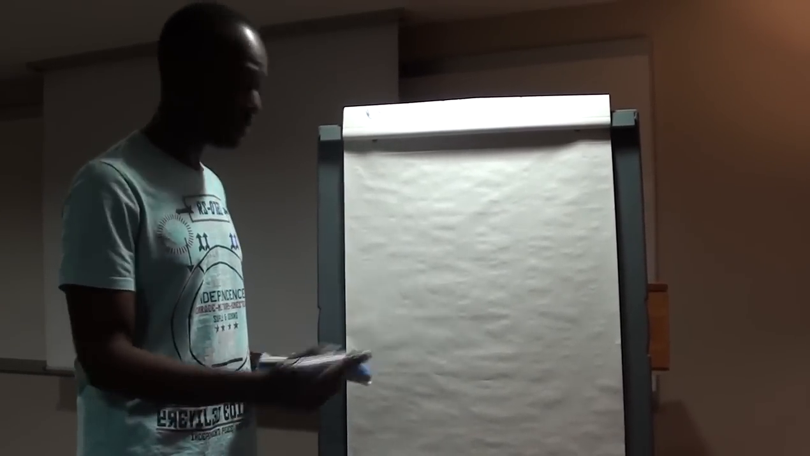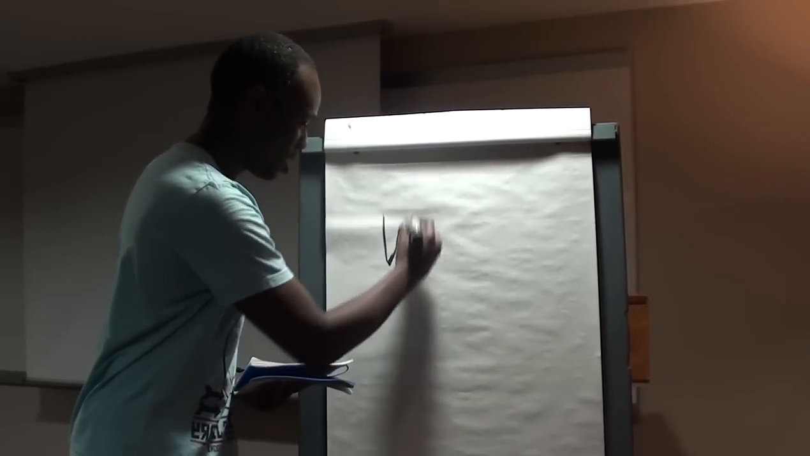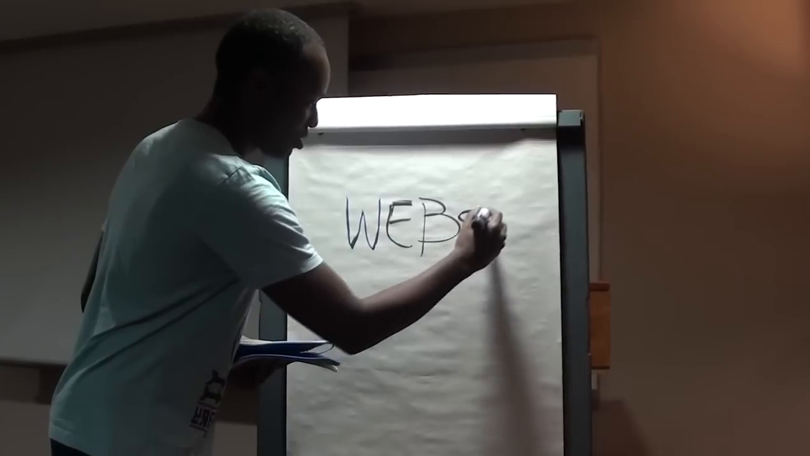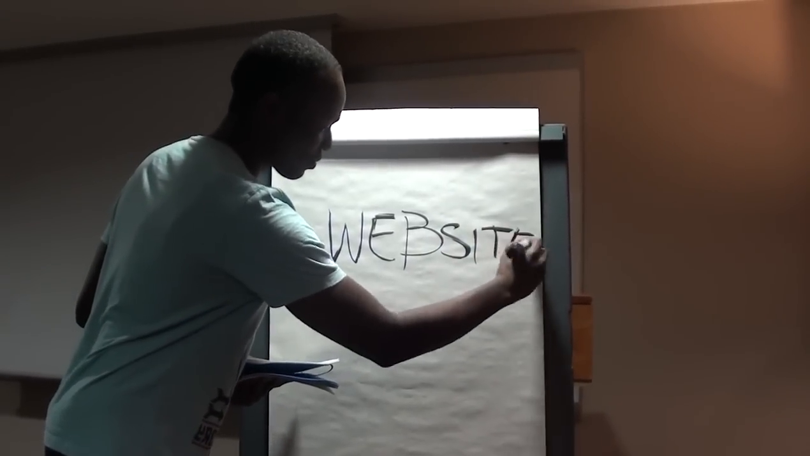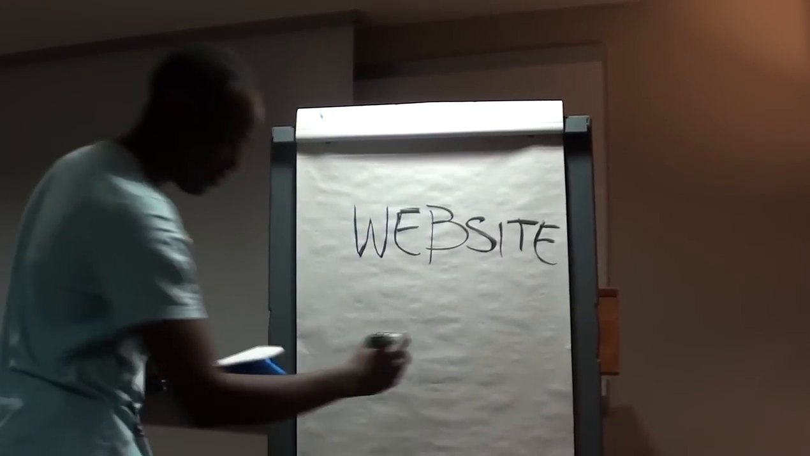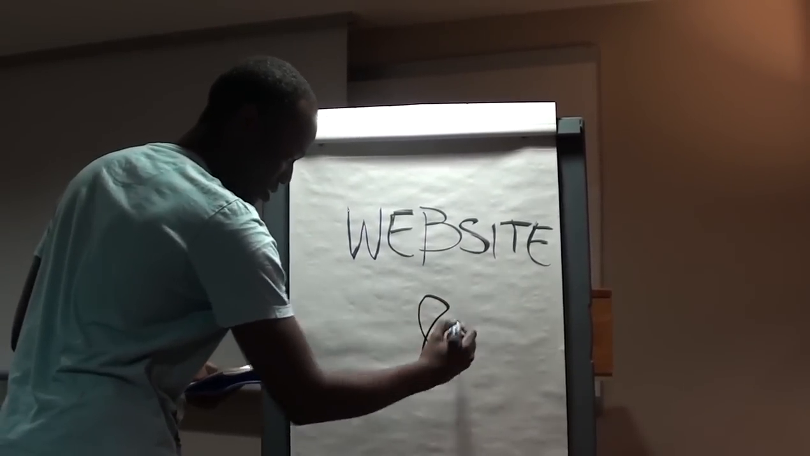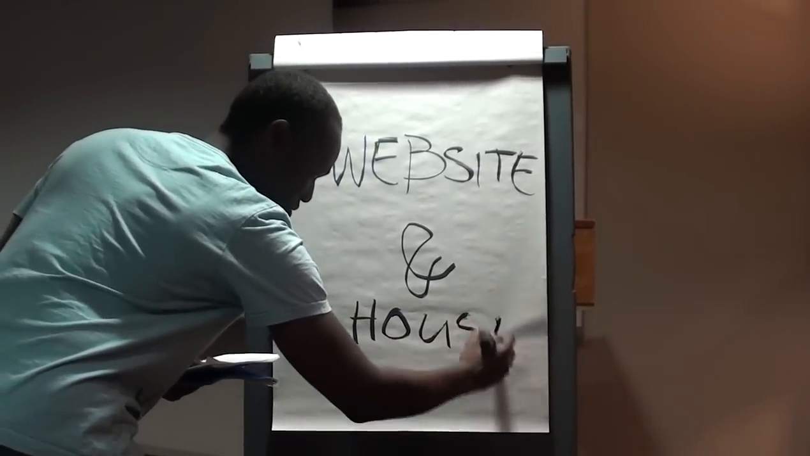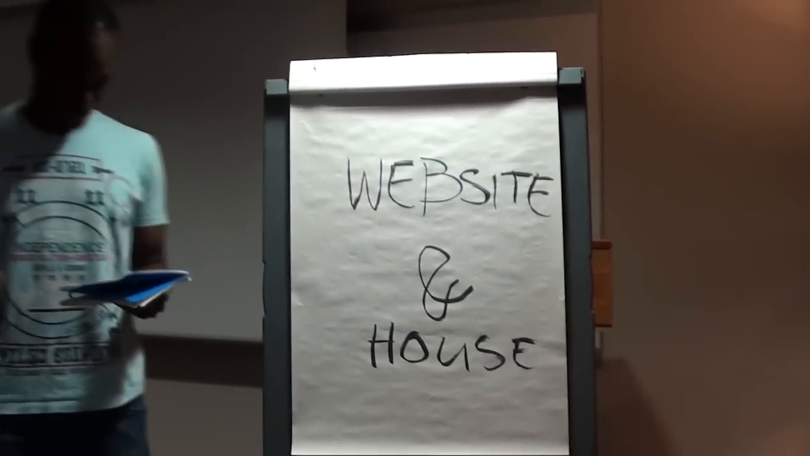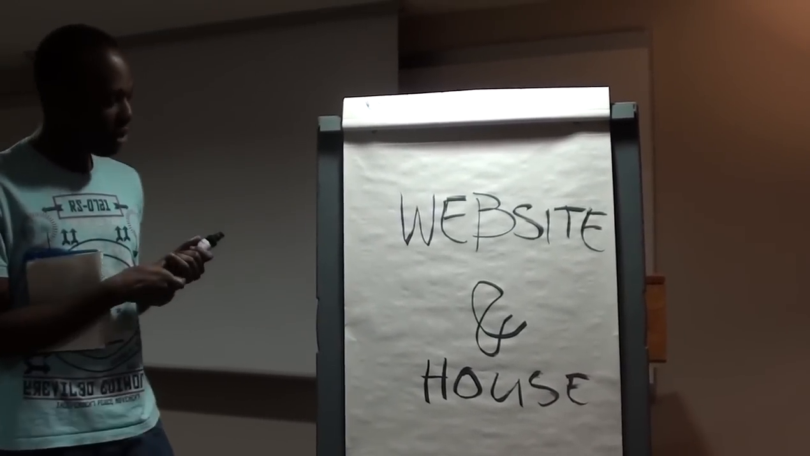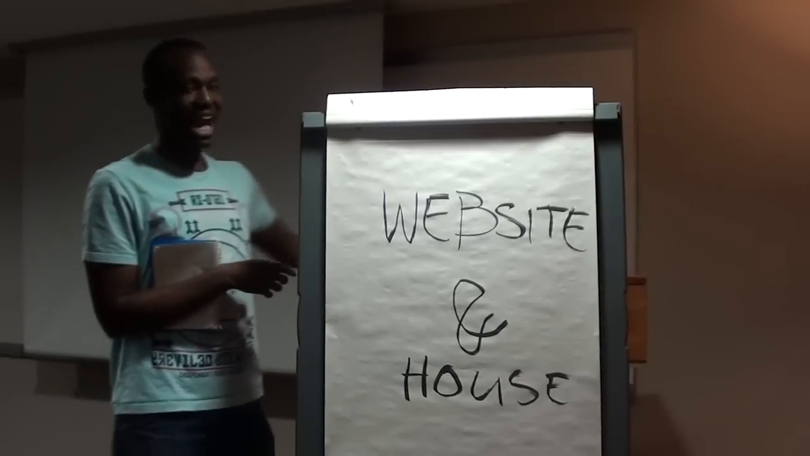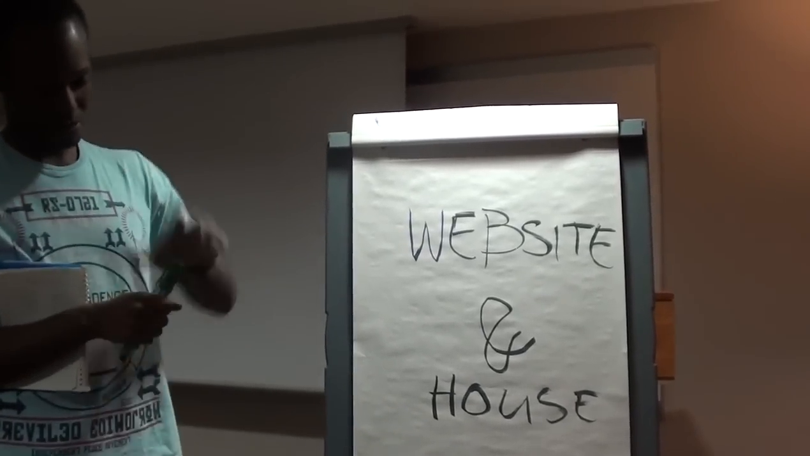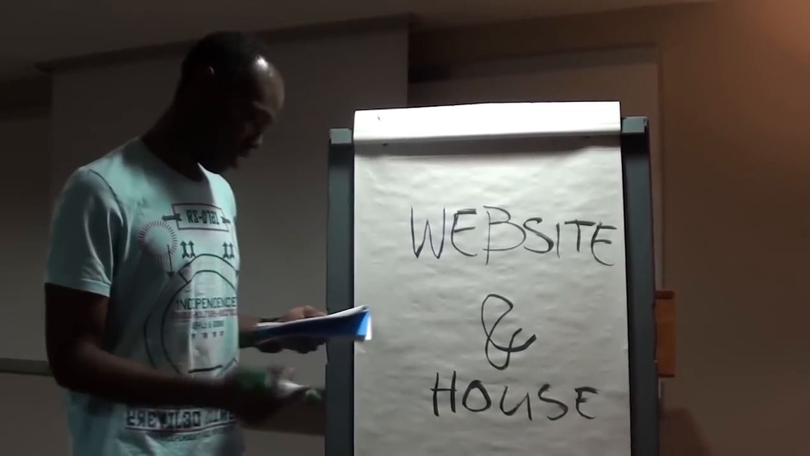So first you have the two main things. The first one is a website. Okay. And then underneath, as I said, you have houses. Okay. So there are two main components for a house. You have an address,